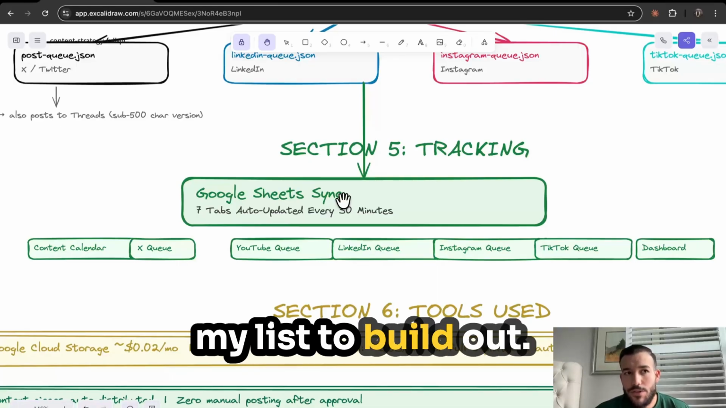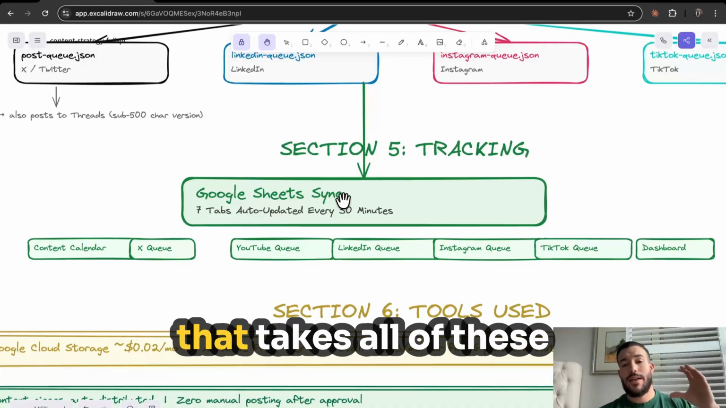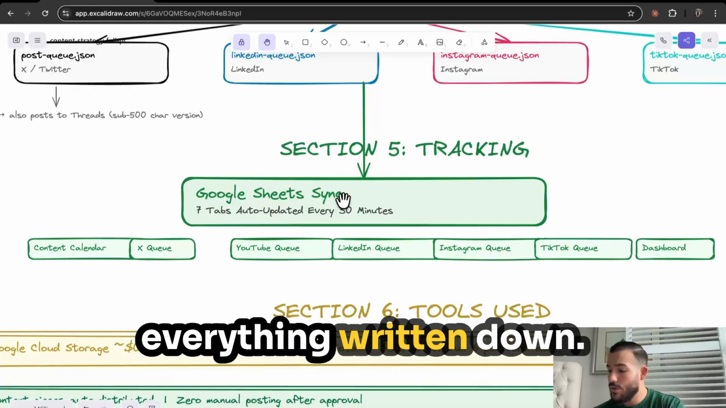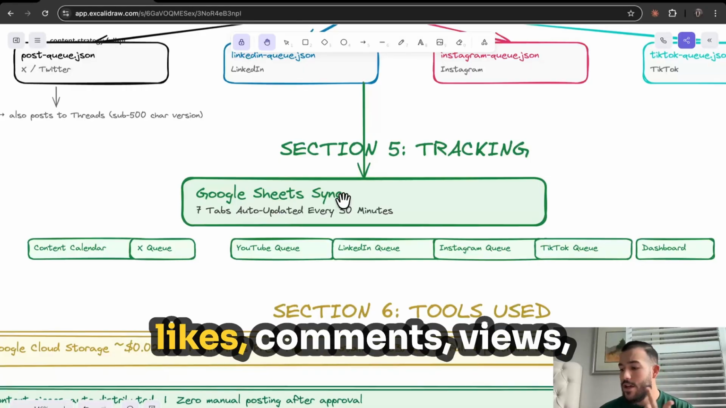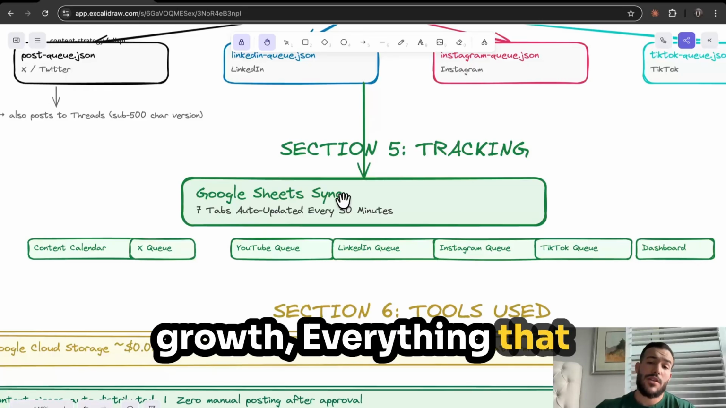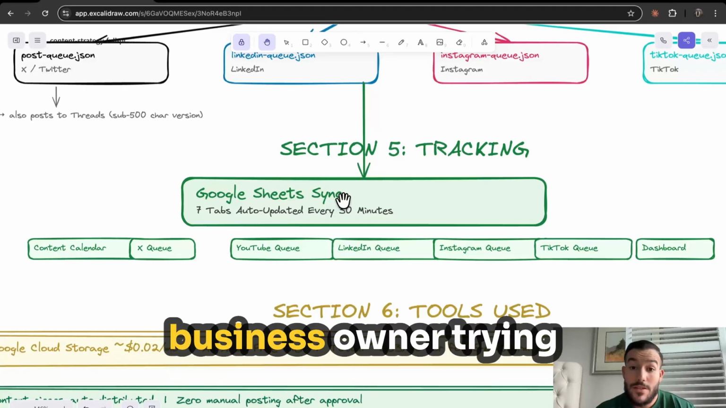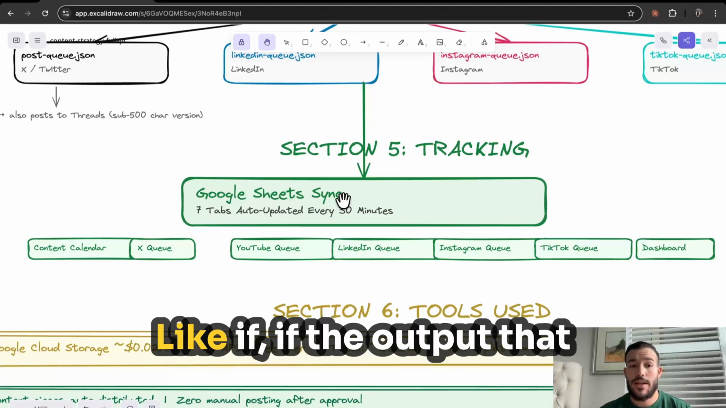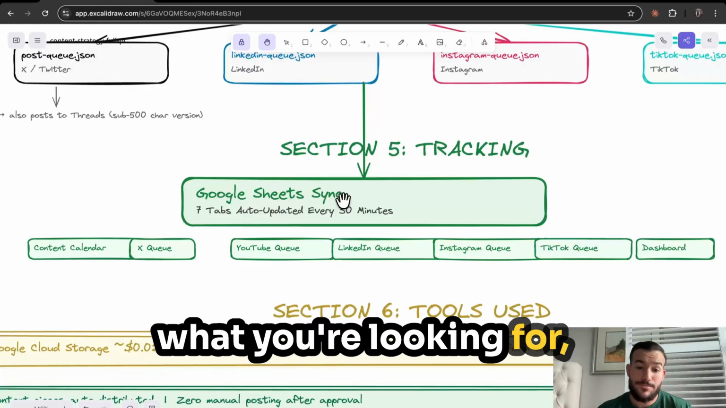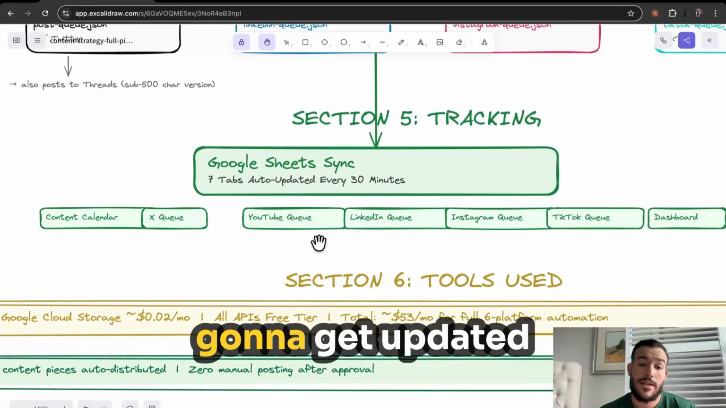And as far as the analytics goes, to jump back into that, I want to put together a system. I have it there on my list to build out because I think it's great when it comes to analytics, where you can look at a big dashboard that takes all of these platforms together, and it'll measure impressions, likes, comments, views, interactions, followers, new subs, overall trend growth, everything that you would want to see as a content creator or somebody trying to grow their socials, or a business owner trying to see if you're out there getting more reach, like if the output that you're doing is actually bringing you back what you're looking for. So we have that full breakdown here for the Google Sheets link, which is automatically going to get updated,